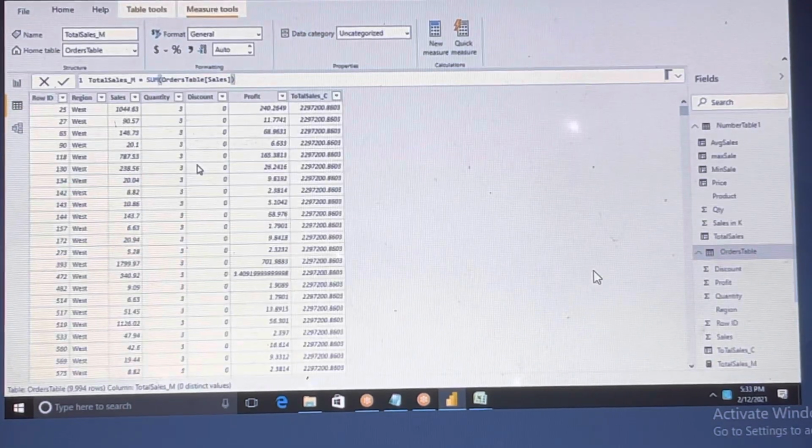Now you can see the data. Okay, see, I have added the total sales new column, but I have also added this total sales underscore measure, a new measure, but I don't see the column here.